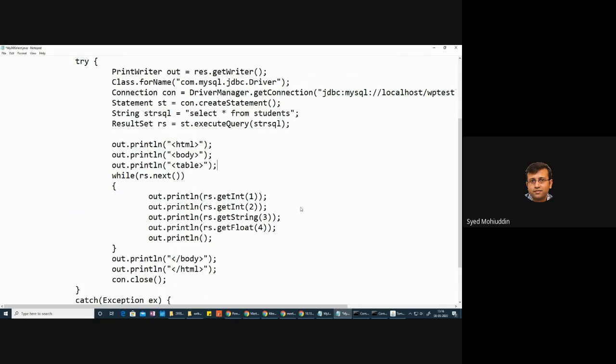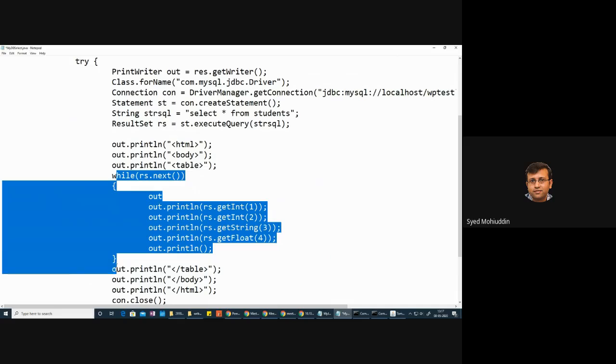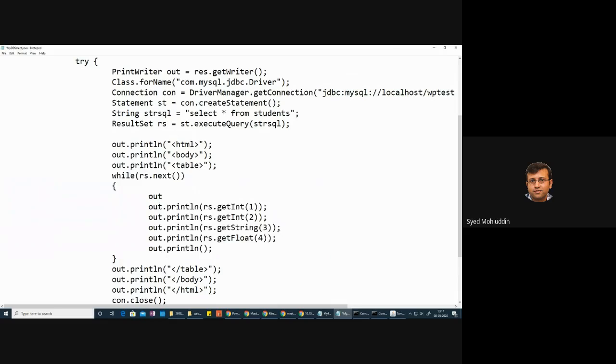We will be sending the table tag. And this table tag, let us say that we copy and paste it here. And this table tag closes over here. And now here also, since this while loop is for the entire row, we will have out.println, and then here we will start a row. We will start a row tag,